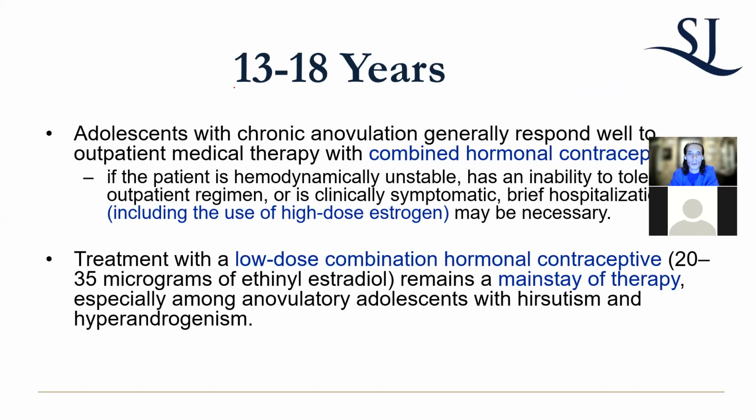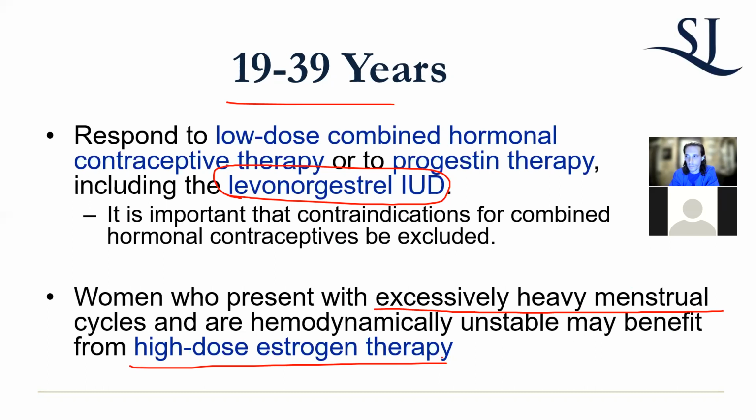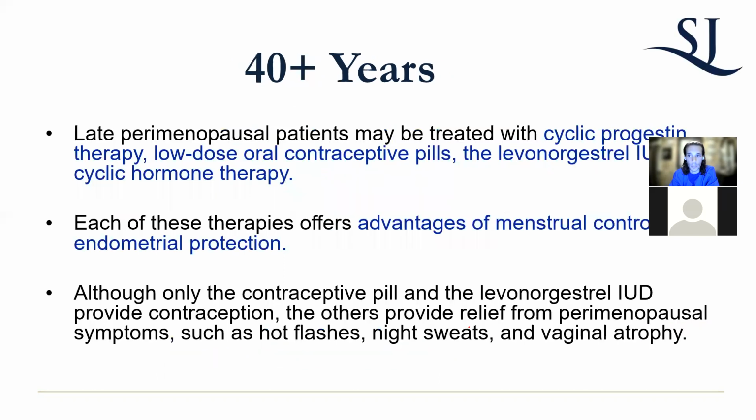So in terms of treatments, for younger women, combined hormonal oral contraceptive is best, based upon what we discussed. For 19 to 39, it's probably better to give the IUD a try if it's AUB-O. Heavy menstrual bleeding like that is leading to patient instability due to anemia, you can treat them with high dose estrogen therapy briefly, and that will quickly stabilize the endometrium to prevent further blood loss to avoid an acute event like an MI, okay?